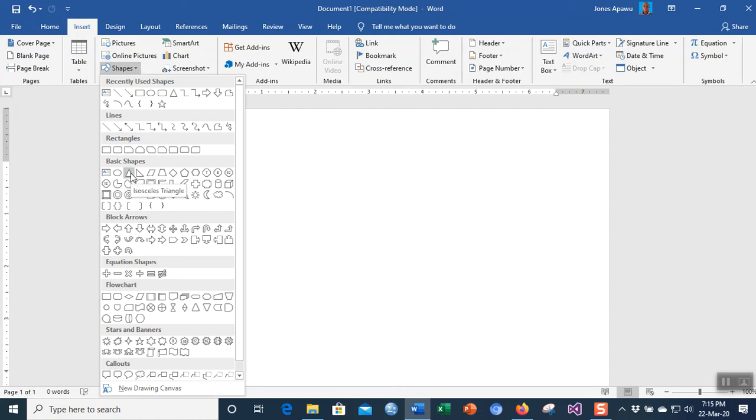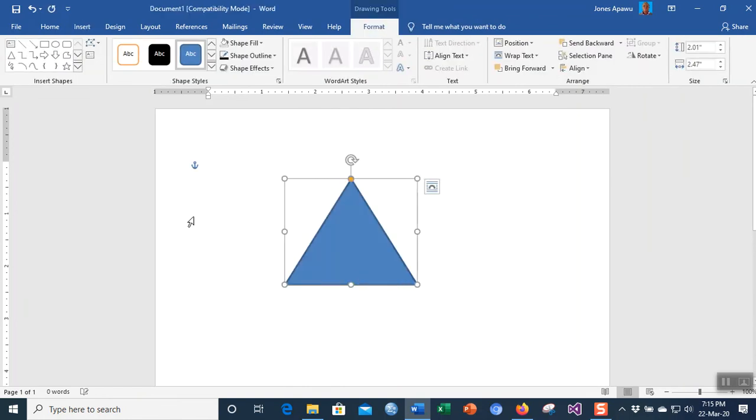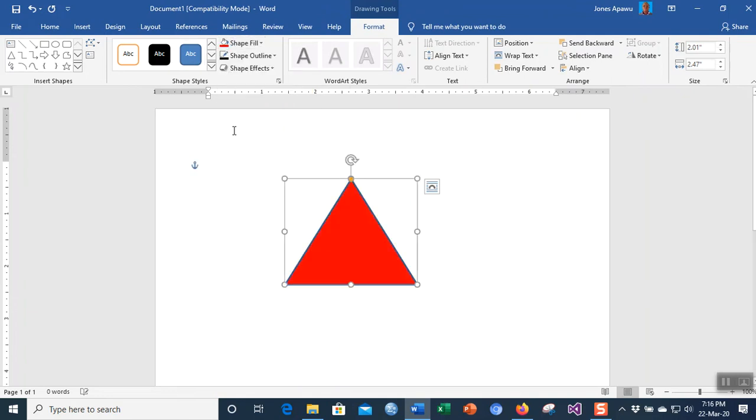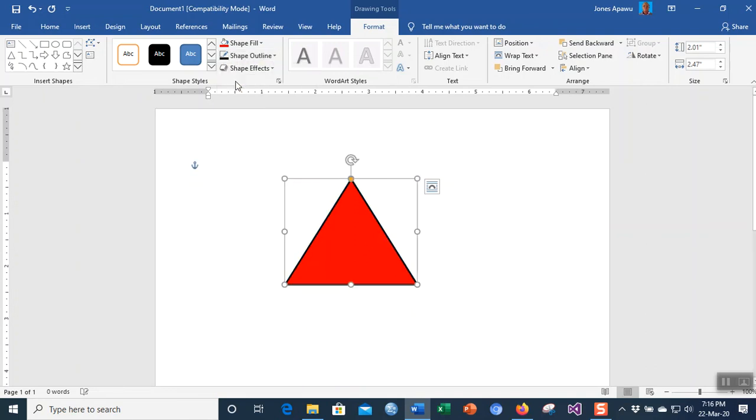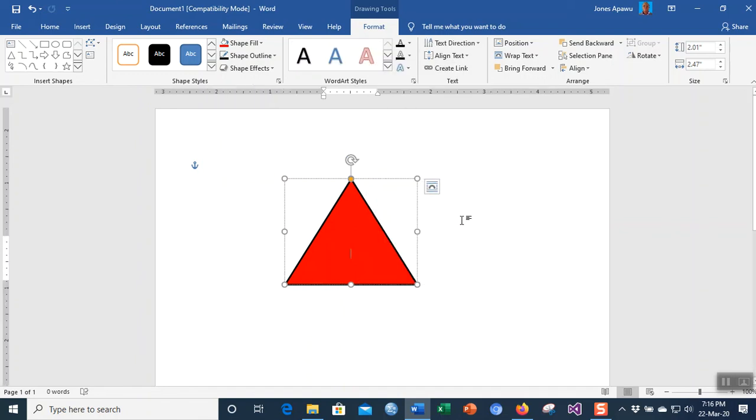Okay, this is an isosceles triangle, so I come and draw it, and if I want to change the color, I go to the shape fill. So let me change the color, and if I want to change the outline color, I go to shape outline and pick black. If I want to put text in it, I right click, add text, then I type